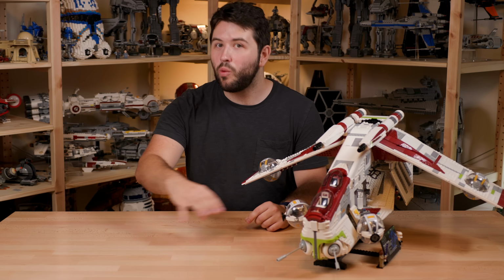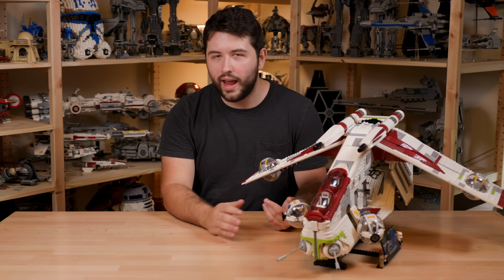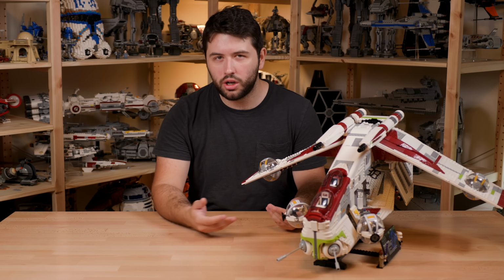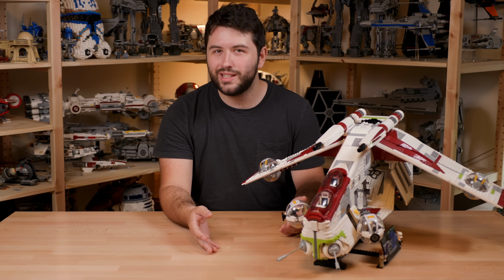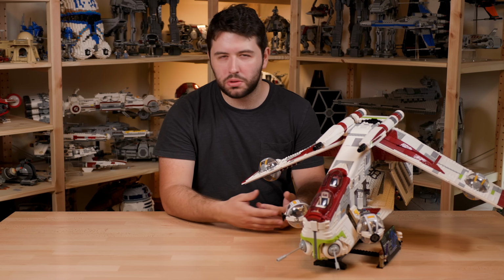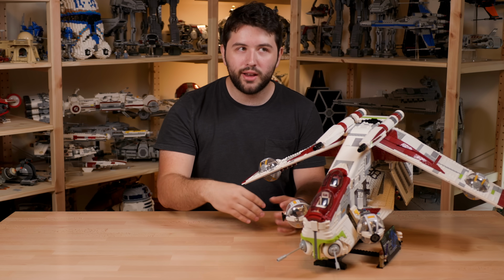Now, I know some of you will want to go to LEGO stores anyways. Here's the thing. I think LEGO stores open at like 8 a.m., I believe, or 10 a.m., not sure, it depends. I think this is launching on like a Saturday, so check your store hours, call the day before, see how many gunships they have. I expect most LEGO stores will get at least 20 to 25,